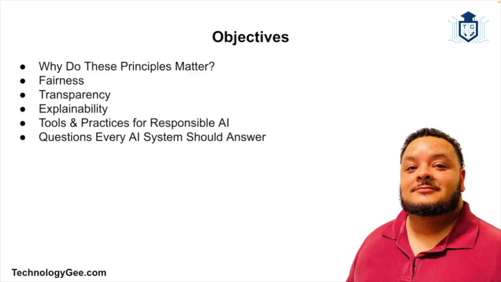So, welcome to the world of ethical and responsible AI. In this video, we're going to dive into three critical principles that you must consider when evaluating AI systems, and that is fairness, transparency, and explainability. Now, these aren't just tech buzzwords, they're the foundation of building AI systems that are actually trustworthy, human centered, and socially responsible. So, let's unpack each one in plain language with real life examples, risks, and tips for making AI more ethical.